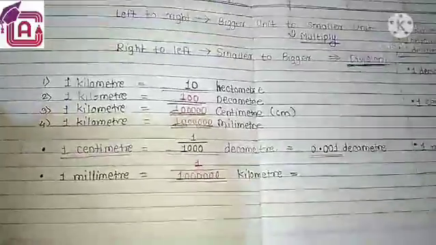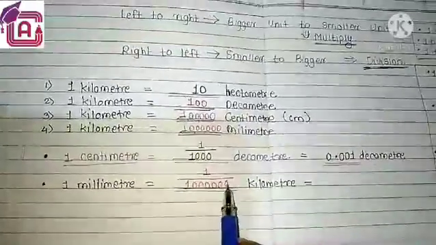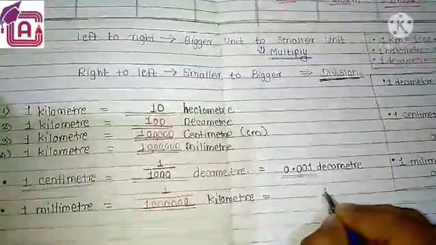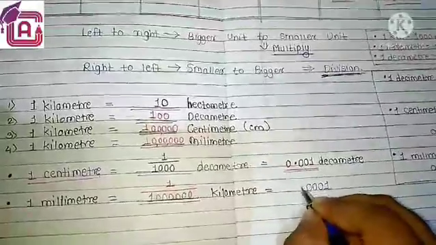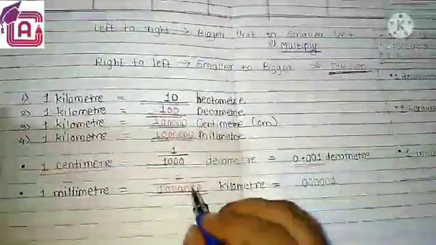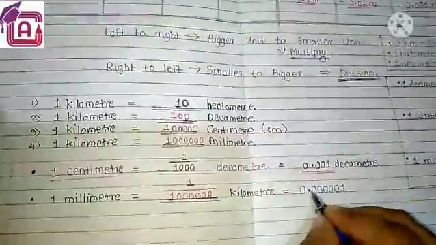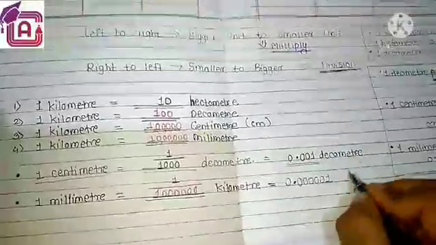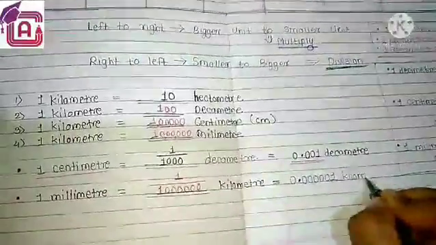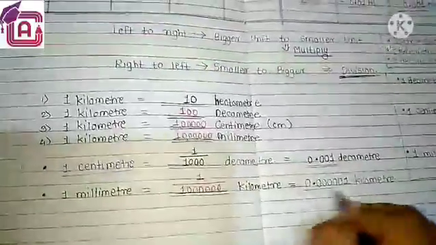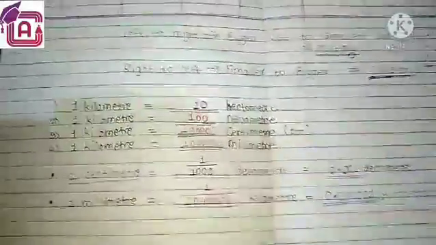And how do you write this in decimal point format? How many places? 6. So first write down 1, then 1, 2, 3, 4, 5, 6 places we have to move left because 6 zeros are there. Then put a decimal point and 0. So 0.000001 kilometer. So in this way, decimal fractions are used in the conversion of a distance unit, that is in kilometer, centimeter. So this we are taking as a reference, that is 1 kilometer, 2 kilometer.